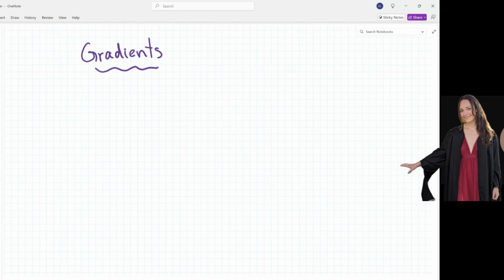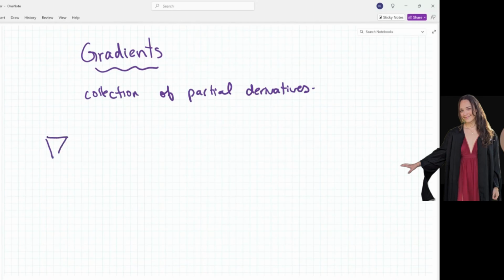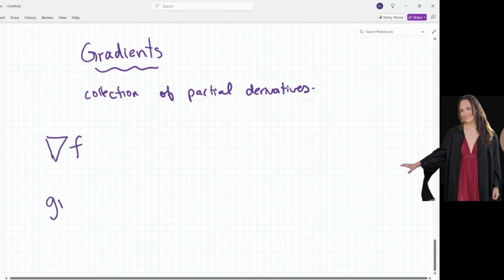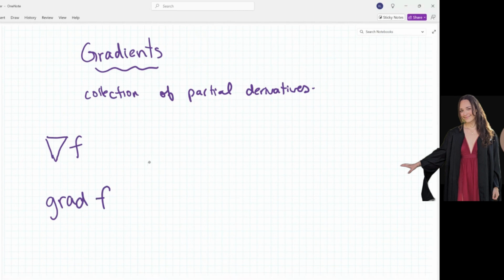Gradients essentially are a collection of partial derivatives. So we'll write that down: a collection of partial derivatives. And a gradient itself is a vector. So the notation for gradient is you can either have this upside down triangle here with f, your function, or you can also write it as grad f. So both of these are equivalent notations, and this equals to,